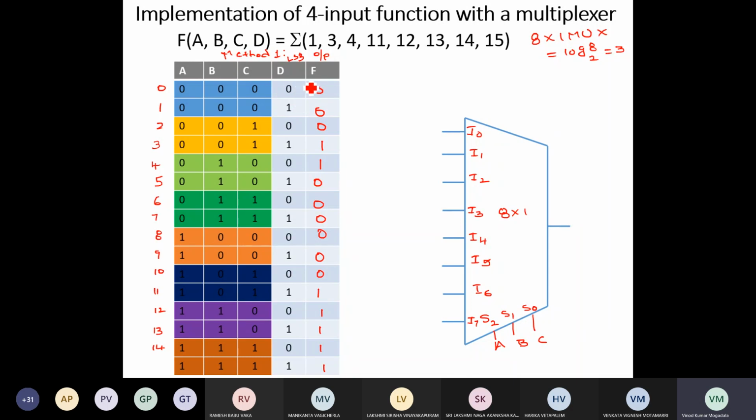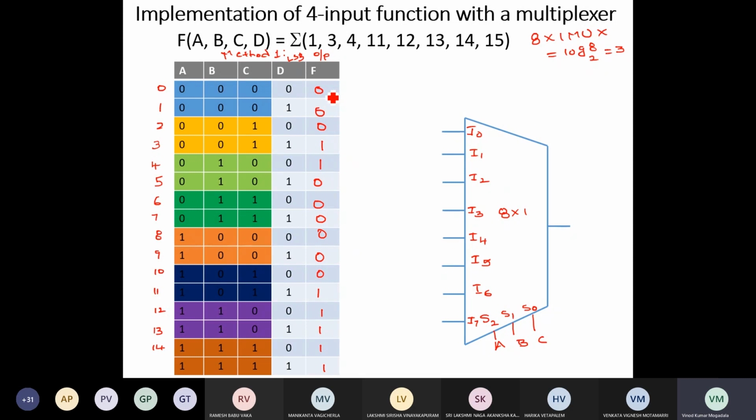Now relate the output with respect to the LSB variable. Whatever the value of D, the output is always 0.